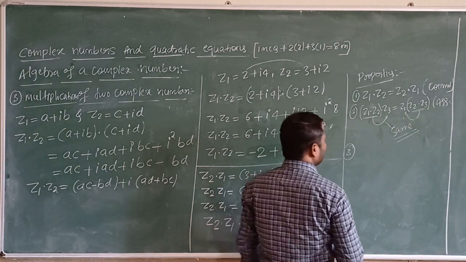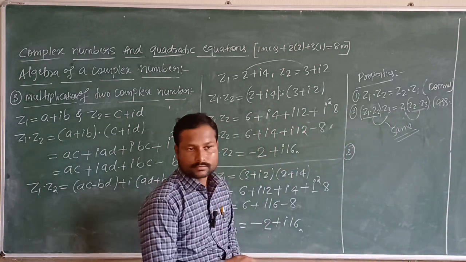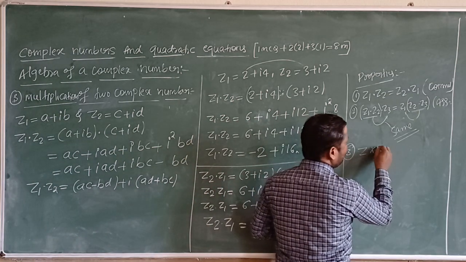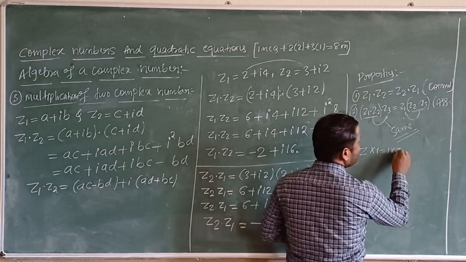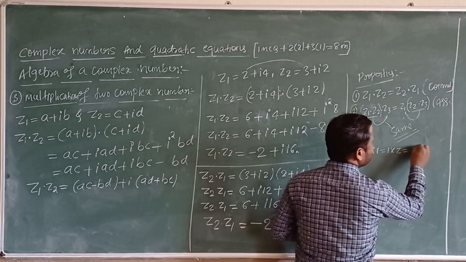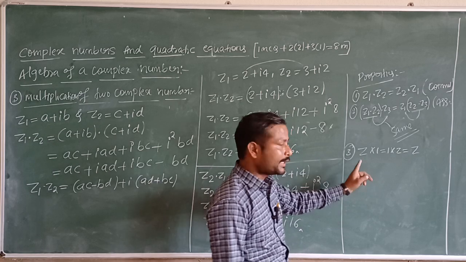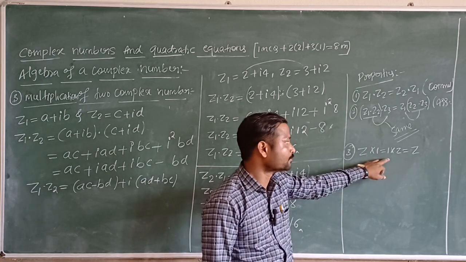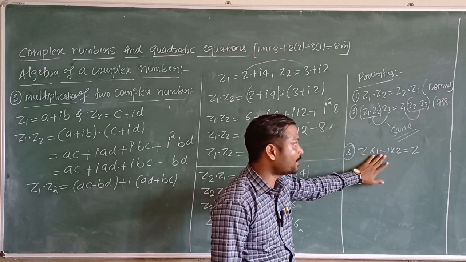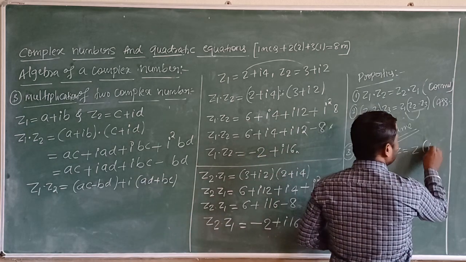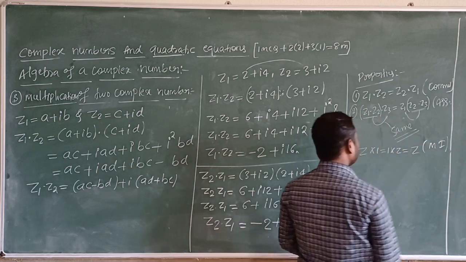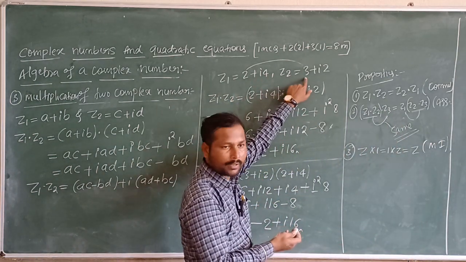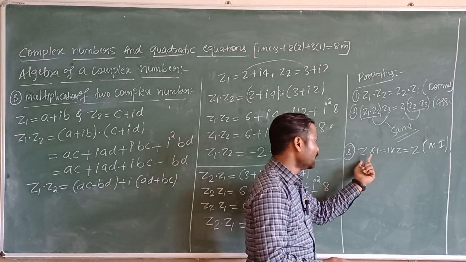Next, the third one is existence of identity. That is z into 1, okay, 1 into z is equal to what? That is z only, right? 1 into z, or maybe z into 1, is equal to z only. Now, what property is this? It is the existence of multiplicative identity. Correct? Multiply 1 with a complex number and the same number comes back. No problem. That is z into 1, or